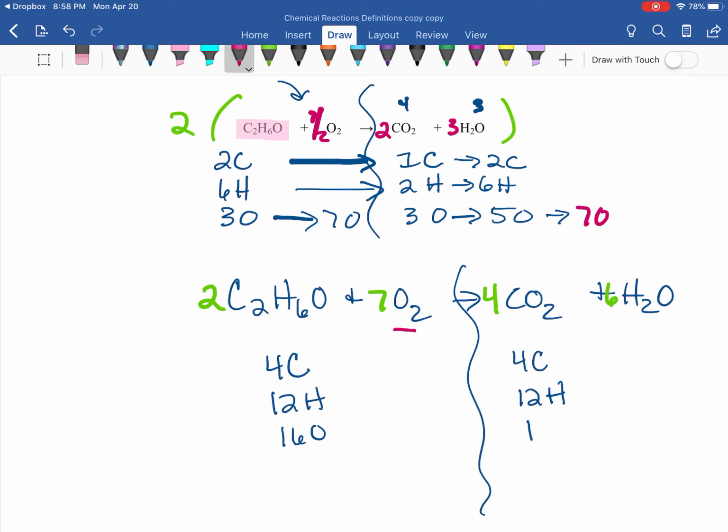So wouldn't that be 7 halves? So this is 14, 16. So this is 8. Why don't you guys try it and then